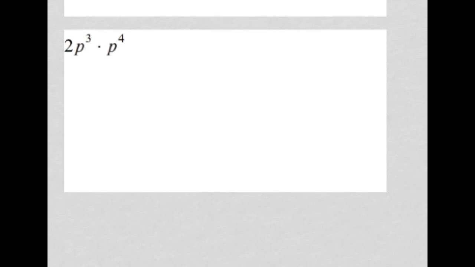Last but not least, start by doing the numbers first. Now remember, when there is not a coefficient, you know it's a 1. So 2 times 1 is 2. And then let's count up our piece. I have 3 here and 4 there, and 3 plus 4 is